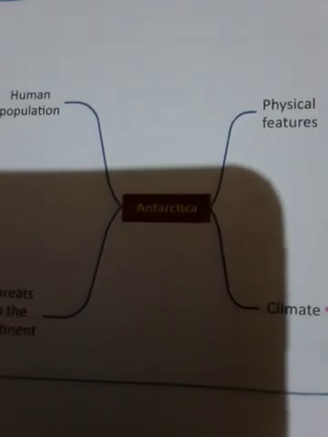Now, reduction in ice cover will threaten the existence of many living organisms such as krill, among others. Now reduction in ice cover, what happens? It threatens the existence of many living organisms, that is krill among others. Disappearance of krill would mean loss of food for other organisms that depend on it. Now if krill disappear, what does it mean? It means the loss of food for other organisms which depend on it. Thus climatic change will adversely affect the entire Antarctic ecosystem. And so climatic change, what happens? It affects the full Antarctic ecosystem.